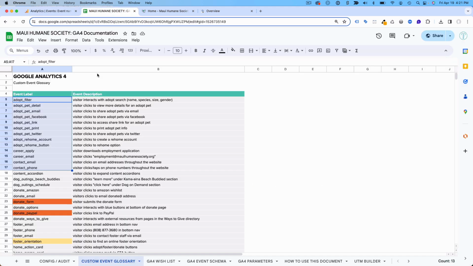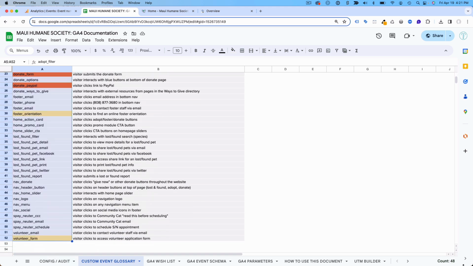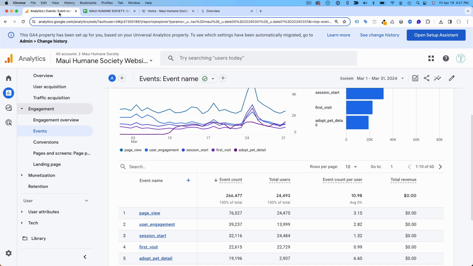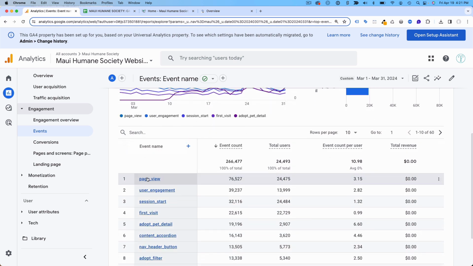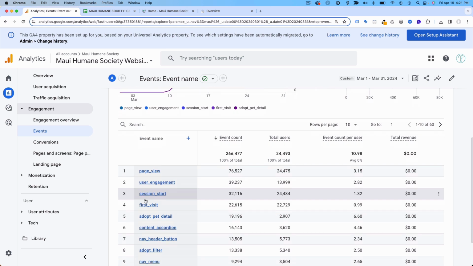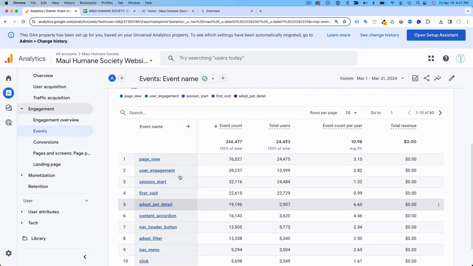Now I said that there were 48 or so. Well, you might remember that Google has about 9 or 10 or so other events that are just native to the platform. So we didn't have to design page view. We didn't have to configure user engagement or session start, but we did adopt pet detail. So that's all happening, okay? And so earlier we